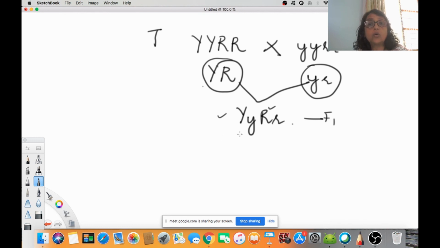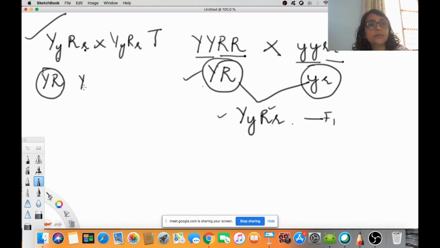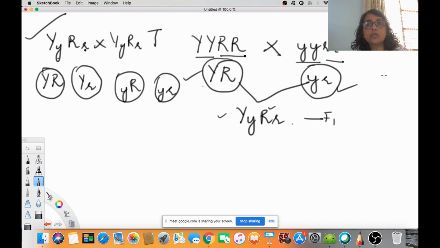Okay. Now, when you're selfing this generation, the type of gametes that you have studied in the dihybrid ratio, here you can see that it was a capital Y and capital R which we started with. A small y was with small r. But see, in the F1 generation, a capital Y has come with small y, capital R has come with small r. The gametes, you have capital Y, capital R, the original one. Capital Y, small r, not the original one. Small y, capital R, not the original one. Small y, small r, the original one.